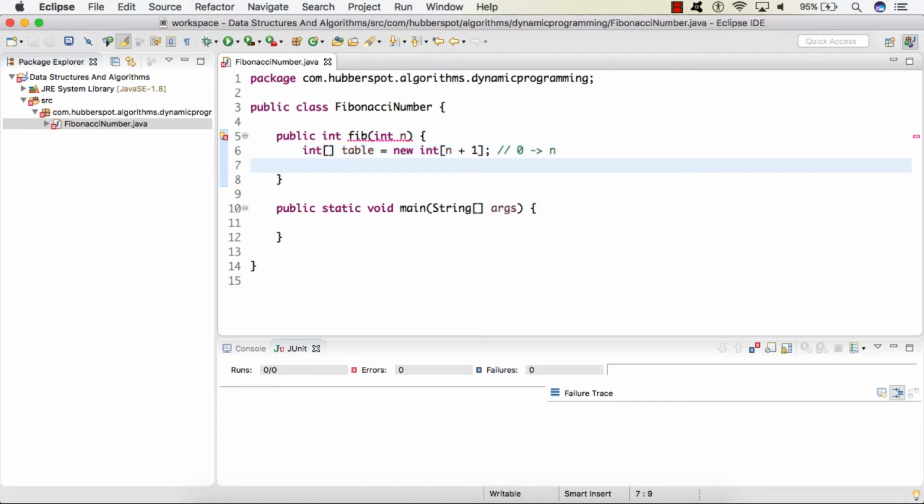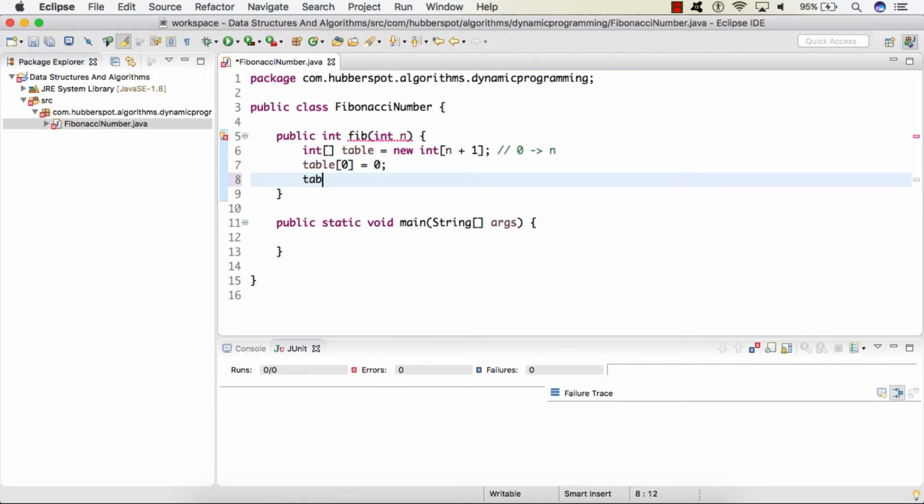Also friends, what we discussed in our previous lectures, that the first two numbers of the Fibonacci series are nothing but 0 and 1. So table at the 0th index will have value 0, and table at the first index will have value 1.